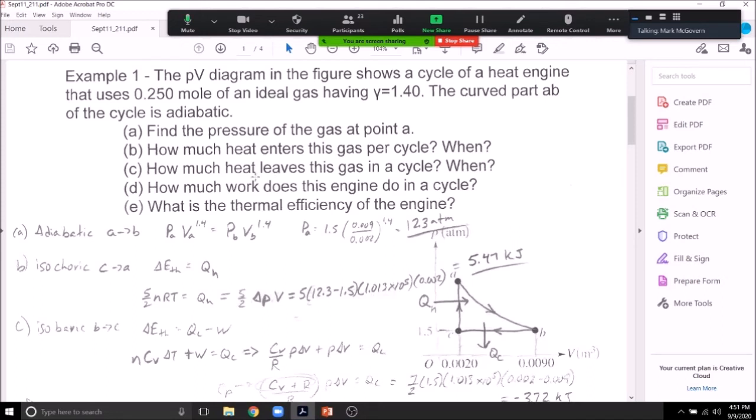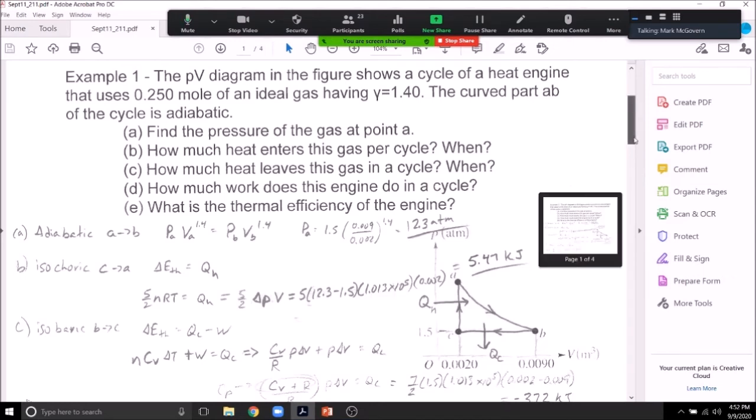That's part C. How much heat leaves the cycle? So what happens in an isobaric process? In an isobaric process, we use our first law of thermodynamics. There is work being done, right? We can calculate that work being done. I mean, you can calculate the area here if you want. That's a good way to do it. E thermal is given by nCV delta T. Now that CV, that's where the 5/2 R comes into play. Those are the same things, right?